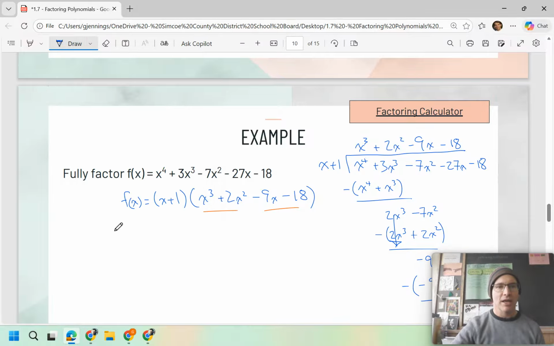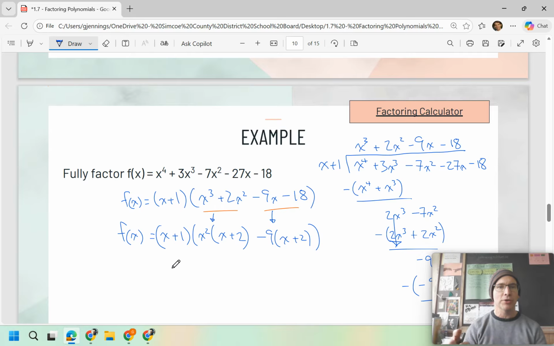So we have f of x is equal to, how did you notice you could do grouping here, Connor? Well, I saw the negative 9, negative 18, and I like that, so I kept it like that. And then we can factor x squared out of x cubed and 2x squared. All right. So Connor noticed the same pattern in the coefficients, right? 1, 2, negative 9, negative 18. They're separated by the same ratio, and that often suggests we can factor by grouping. So great move. And then when we do that, we get f of x is equal to x plus 1